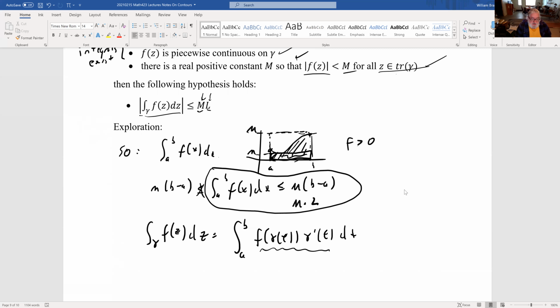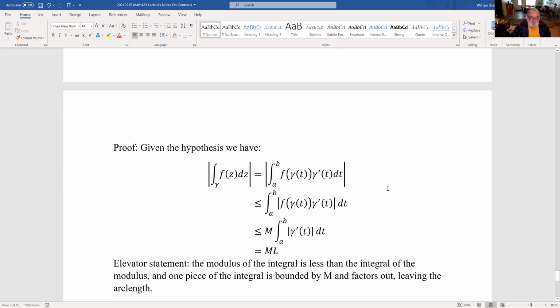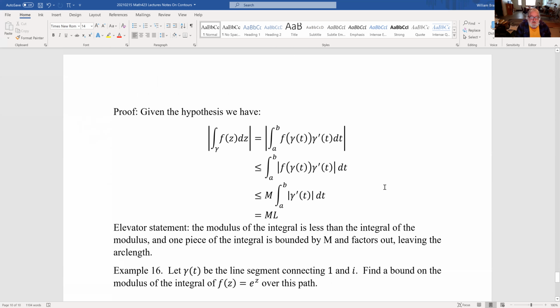So when you integrate it, this theorem applies. And so we should be able to get this result. So given the hypothesis, we have this, that's equal to the integral of that, but using the real and imaginary parts and the theorem from calculus,